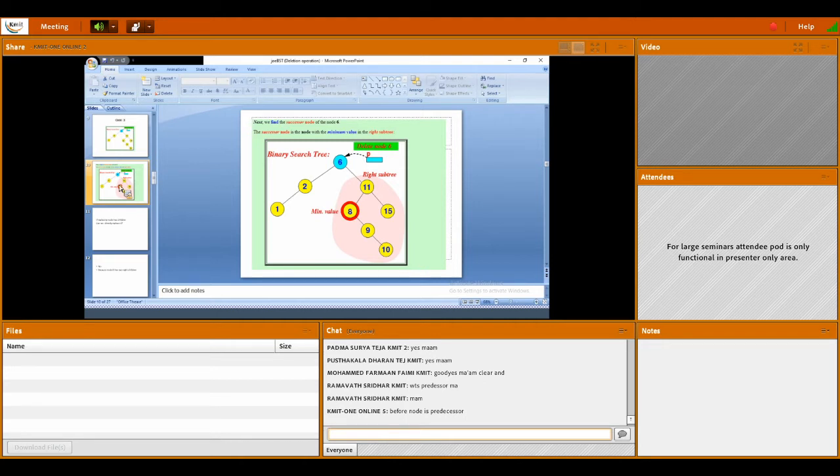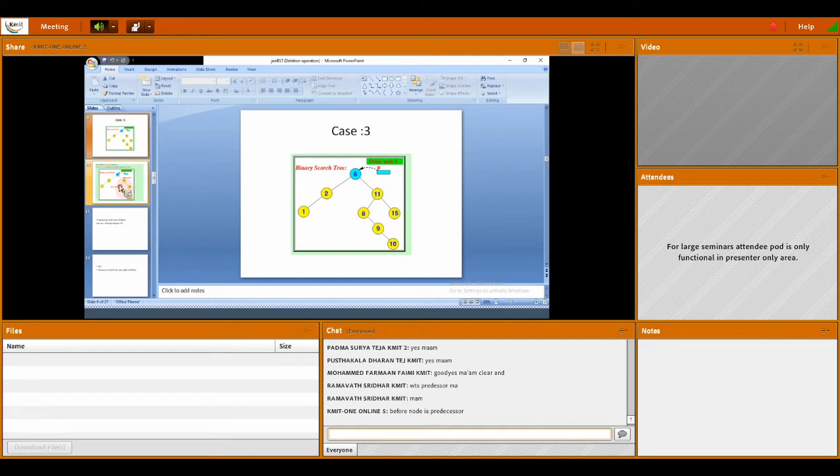Predecessor node means before and successor means after. So if you are confused with predecessor and successor, don't use that word. Just follow this: in the right subtree, the minimum value will become the successor. In the left part, the one having the maximum value is nothing but the predecessor. If you want the predecessor and successor of any node, we will see that in some other class. Don't worry, this is a shortcut form. Don't get over-confused with predecessor and successor.